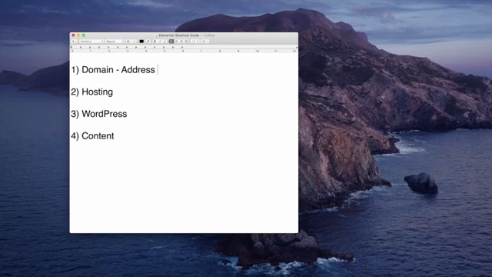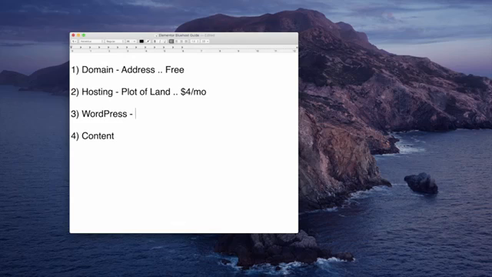So that's really cool. Then we have our hosting. So the hosting is just like a plot of land. If the domain is the address, then the hosting is like the plot of land where you find when you visit the address. And this is going to cost us about $4 per month, as you'll see on the next few screens. So once we have our domain name, aka our address, and our hosting, aka our plot of land,